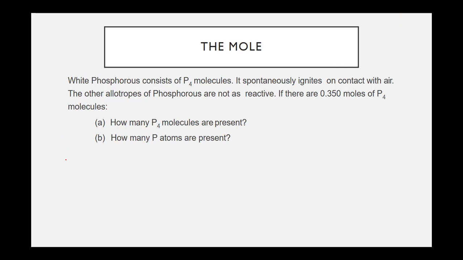So since given na sa atin na every 1 mole, meron tayong 6.022 times 10 raised to 23 of that thing. So 0.350 mole P4, we'll divide this with the Avogadro's number,